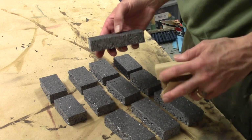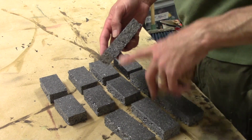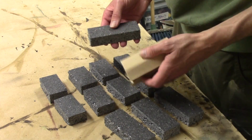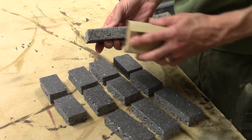Now when it comes to sanding, the key points are you want to get rid of any bobbles that have survived the cutting process. You want to take away these edges a little as well. Remember, we're not trying to really change it from a block, because that's what they had in the henges, carved blocks. But we are trying to make it a little less uniform and a little less squared away. So it's just a simple matter of coming along and gently dragging it over